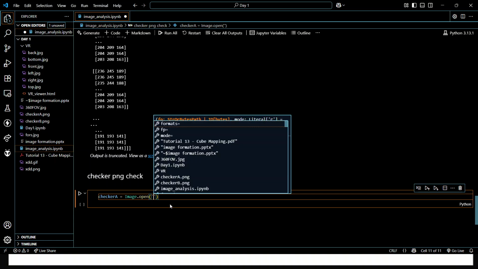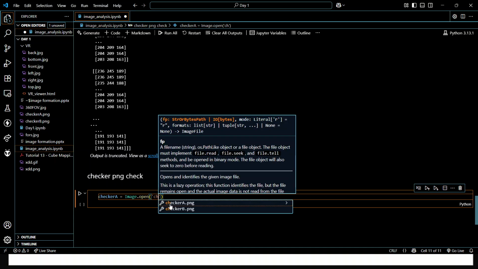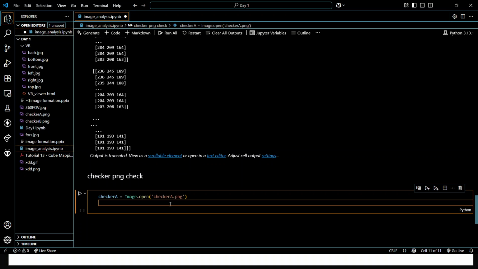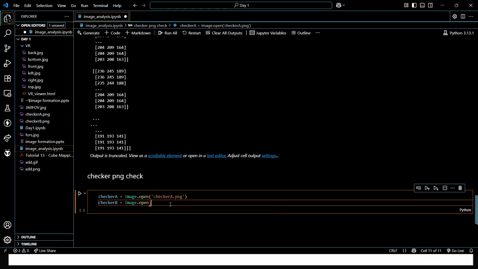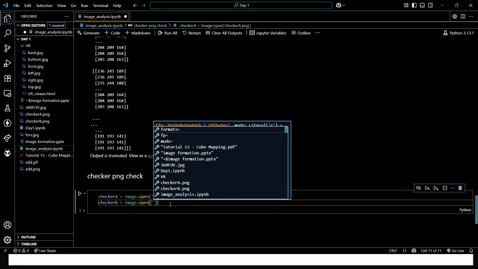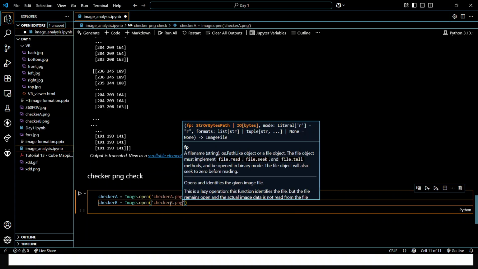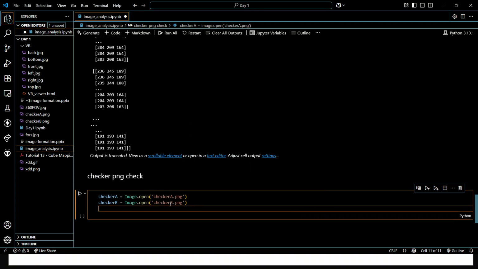It is stored as checker. Checker B, let's store this as well. It should be in checker. Okay. And then what we want to do is